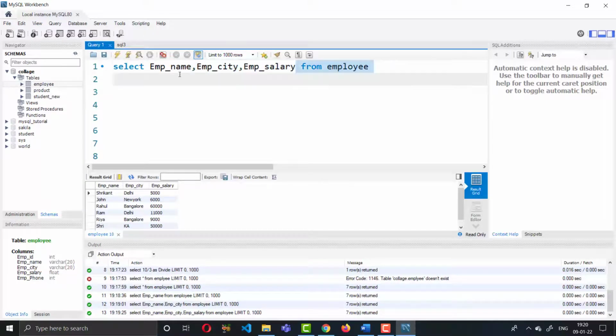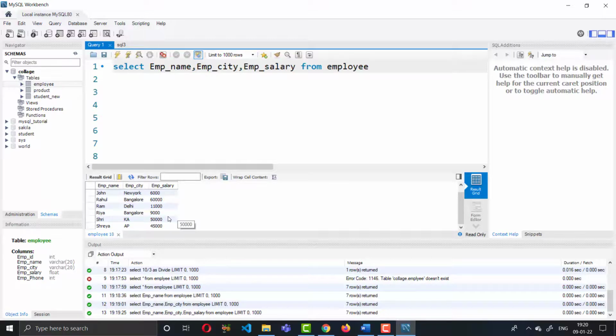We want to fetch three columns and filter the records where employee salary is greater than 5,000. Which employee salary is greater than 5,000? If we go manually, John is 6,000, Rahul's salary is 60,000, Ram's salary is 11,000, Riya's salary is 9,000, and